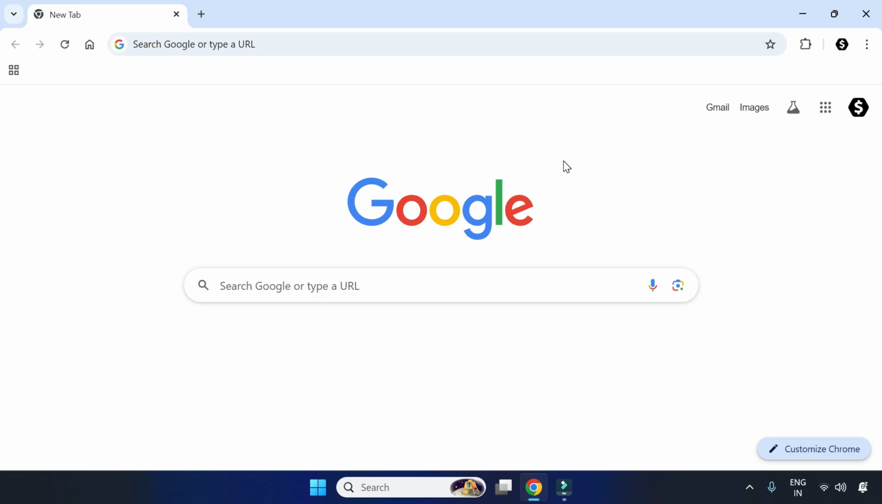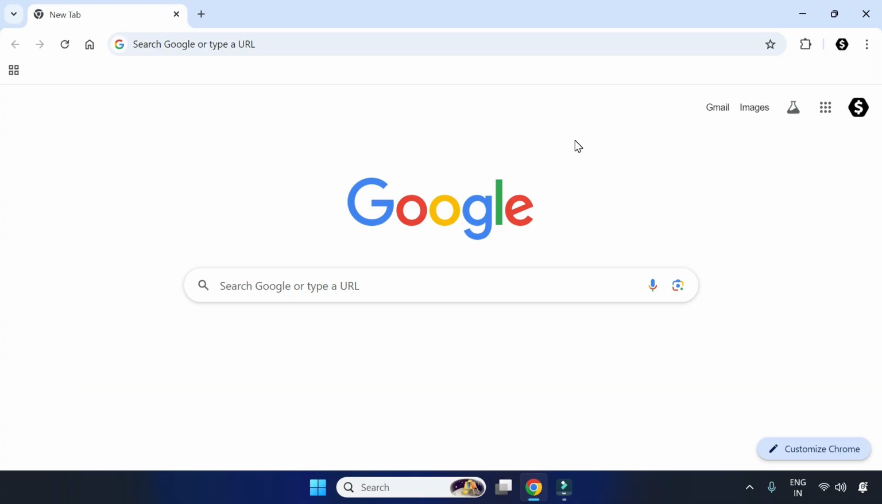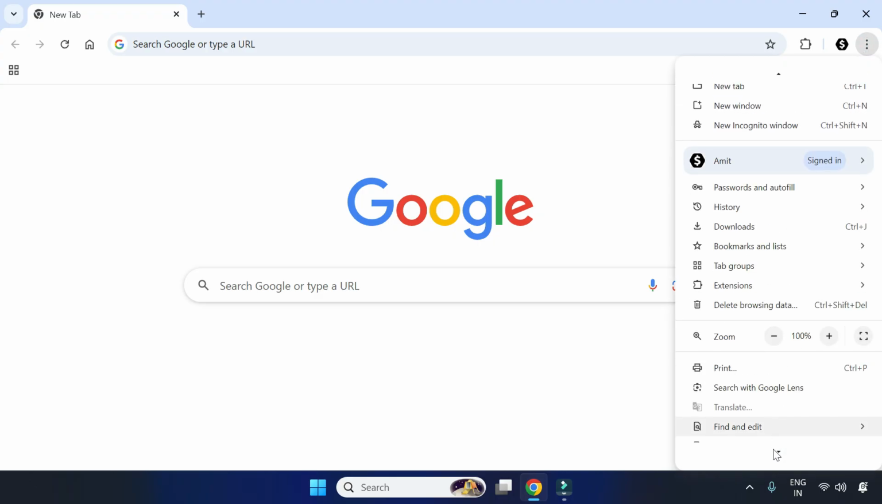Hi guys, if you want to disable pop-up blocker in Google Chrome, then let's see how to do it. If you want to completely turn off the pop-up blocker for all sites, then for that, first of all go to three dots menu and then go to settings